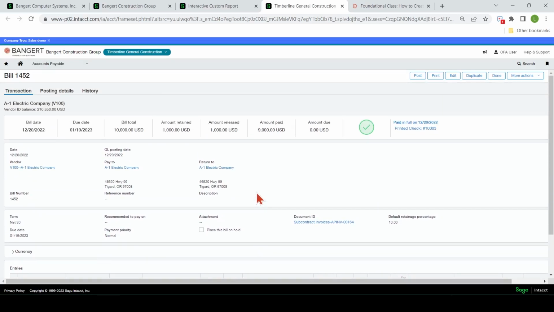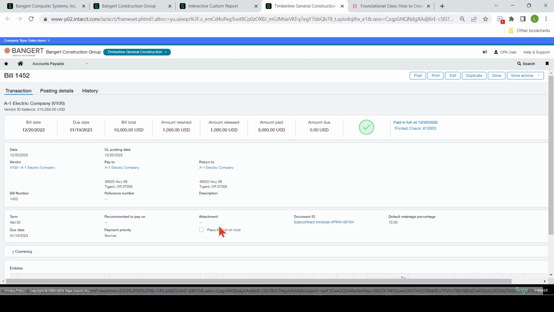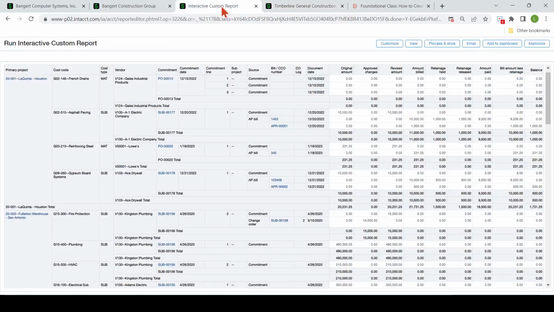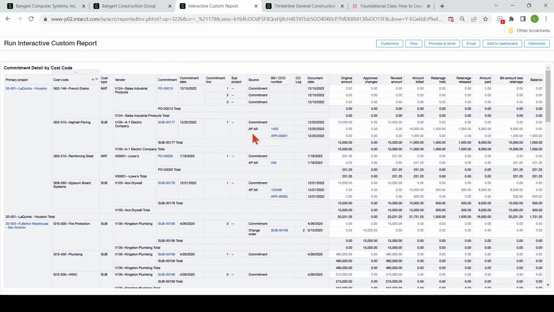Okay, so then you can scroll down, and then if there's a document with it, or if you're using a paperless type of system for your accounts payable bills, then the attachment here you could drill right into if you wanted to see the subcontractor's bill against that commitment. Maybe check on it. Did they bill it? Did they overbill it? If you have a discrepancy and you want to look at it, you can come right on these reports and drill down. So this is a very nice one that's used for a lot of project managers to check on their subcontracts and POs.